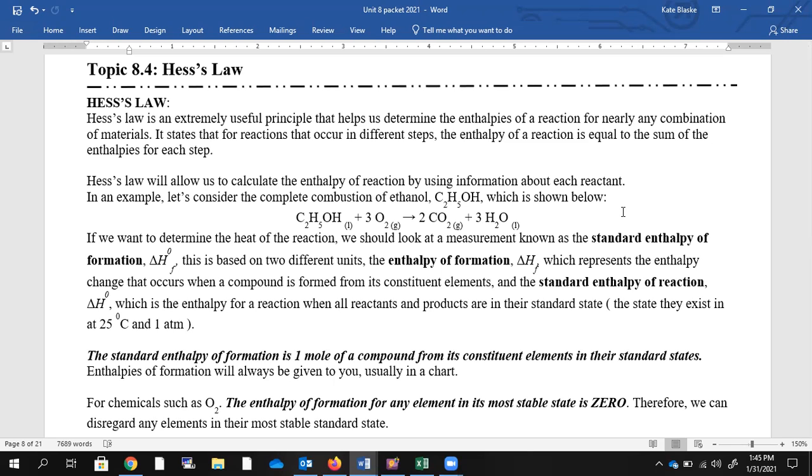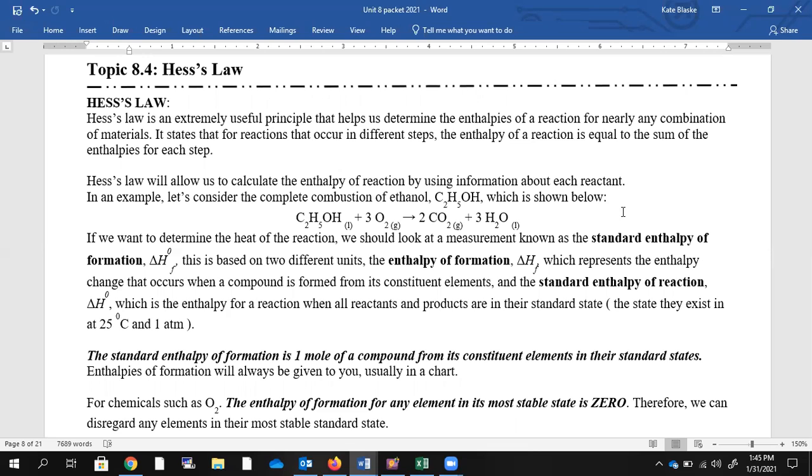So today we're going to talk about this thing called Hess's Law. Again, this is something that hopefully you vaguely remember from Gen Chem. Hess's law tells us how we can combine different pieces of information to find the overall change in enthalpy, or delta H, for a chemical reaction. So the first way we're going to talk about in topic 8.4